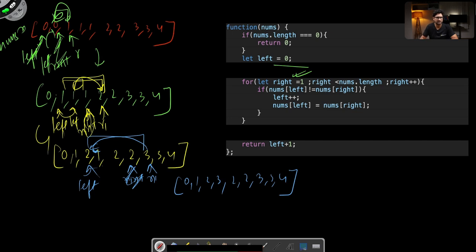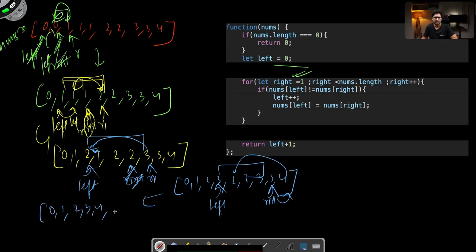At this point my left is at this index and my right is at this index. Both values are the same, nothing happens. I move right and then I put 4 here itself. So this becomes 0, 1, 2, 3, 4, and then 2, 3, 3, 4. At this point my left is at this position. So what do I return, how many elements? 0, 1, 2, 3, 4, which will be the left index plus 1. So this is my number of